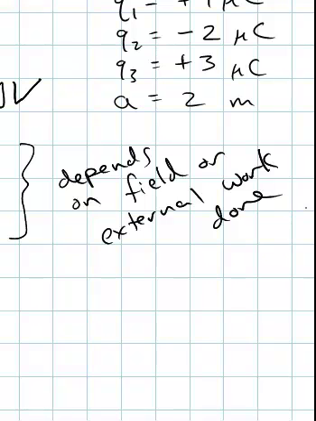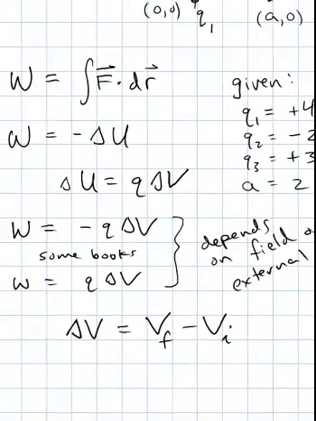Okay, so let's find first the magnitude of the work done. And what I'm going to need here is delta V. So delta is always final minus initial. And my V final